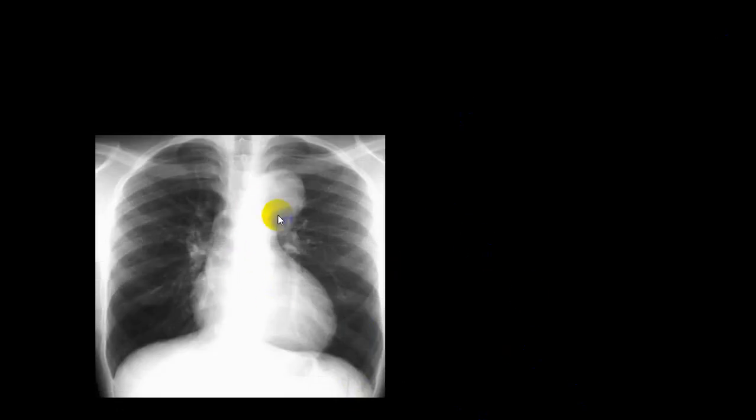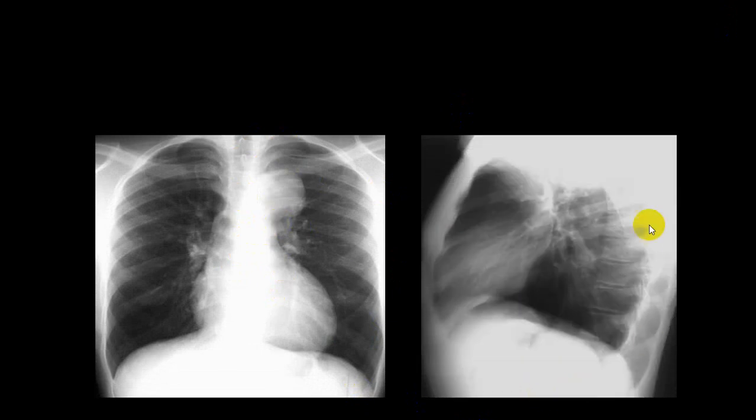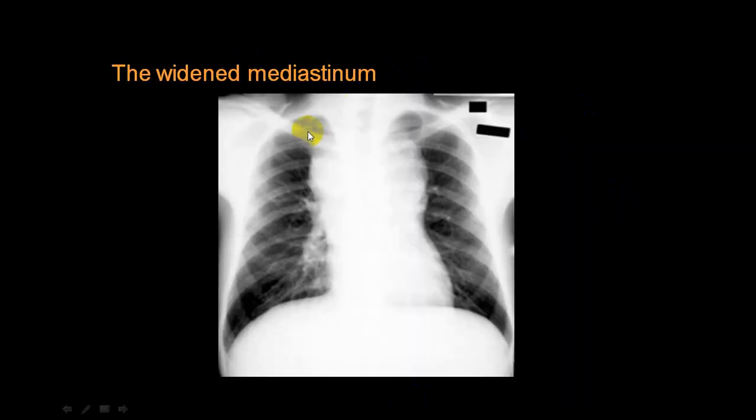Now again you can see here, there is a big shadow here. Now this could be related to the arch of aorta, or maybe a thyroid gland, or maybe thymus, etc. But if you look here, it is somewhere in this part. So this was because of saccular aortic aneurysm. This is where the arch of aorta will come. So this was saccular aortic aneurysm. Now this is a widened mediastinum. You can see it is wide on the left side as well as on the right side.